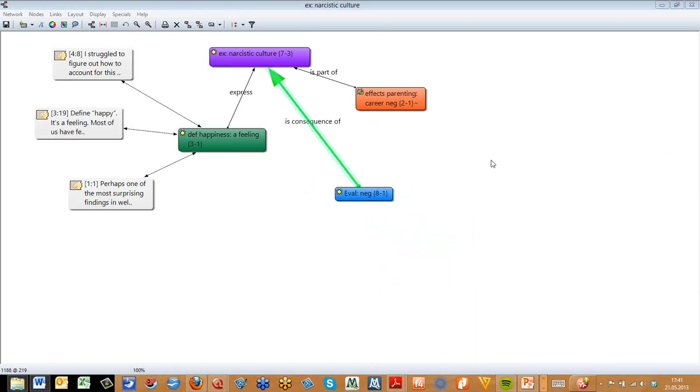Isabel asked, can I import the results from a code co-occurrence table directly into a network? We will get to that a bit later. I mean, the direct answer is no, but we can actually do something very similar in the co-occurrence table. In network, we can actually import co-occurrence codes here. So to do the same as what the table does here in the network view, meaning the co-occurrence table provides numbers and then access to the data, here we get the visual equivalent. Yeah, so I will pick up on that question